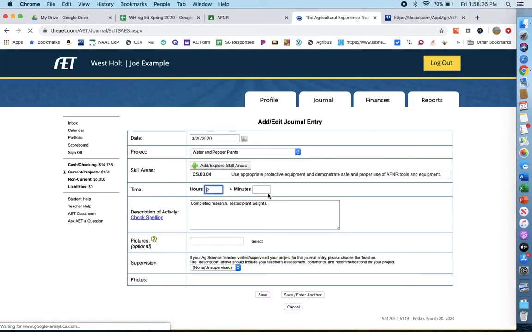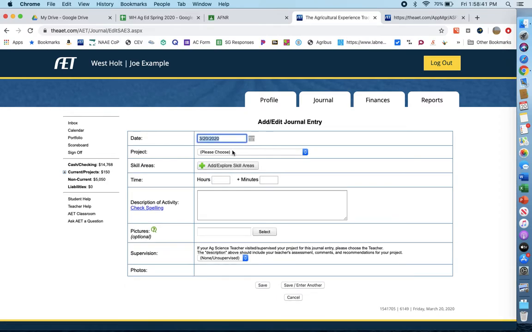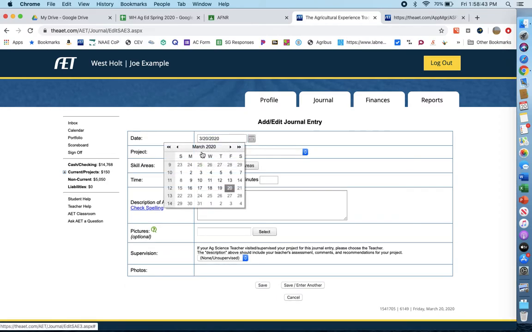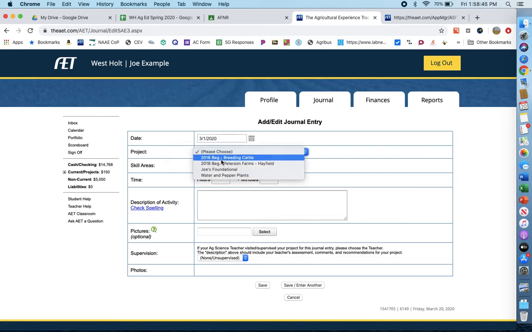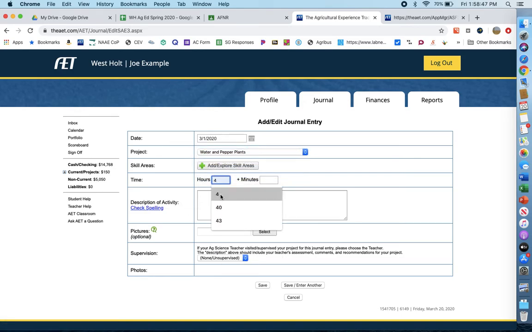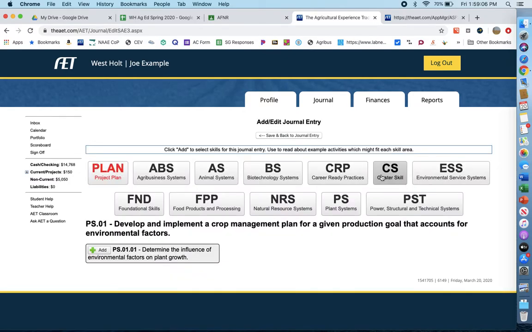Back to my journal. Then maybe the last one would be, let's go right here. Completed the report and created presentation board. However long you think that took you. Maybe you separate those out, that's fine. And the skill area there might be,